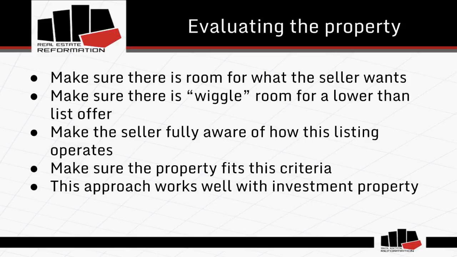Just to let y'all know, on a listing agreement like this, the net listing is basically the difference between the price that the seller wants to actually net, before closing costs, and what you're going to pay out for co-brokering the deal, and then the net after that is going to be your commission. So make sure there's some wiggle room for a lower offer that might come in lower than list, and always price it accordingly